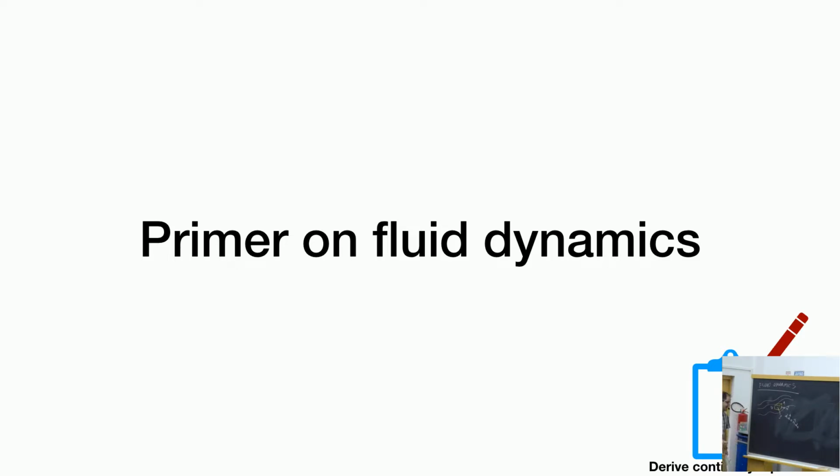Okay, so now what is the mass? What is the mass inside this fluid element? How do we compute the mass inside this fluid element? We integrate rho over the volume of this fluid element, and we have the mass inside this volume element. Okay, so this is the basic reasoning through which you derive